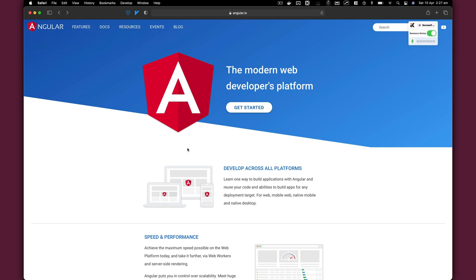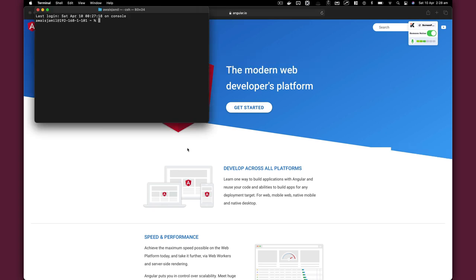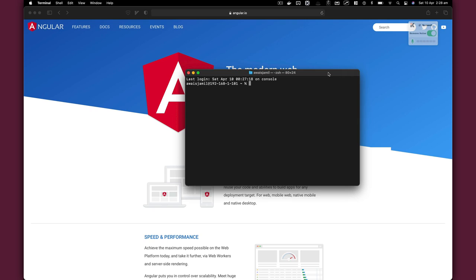Every framework out there has something called a command line interface, which is a utility that helps you to set up a project very, very easily. So once you have Node installed, then you need to install Angular CLI. I'm going to open the terminal, and I'm using Mac. If you are on Windows, the process is the same. So on the terminal, I'm just simply going to type a command here. I'm going to type npm install -g